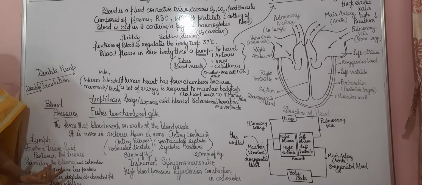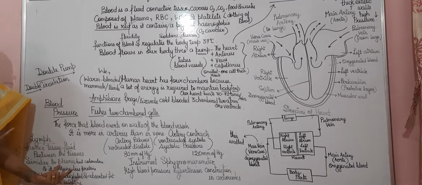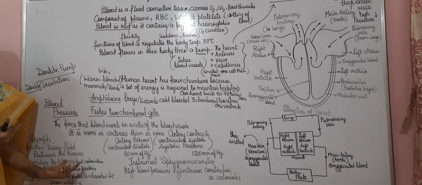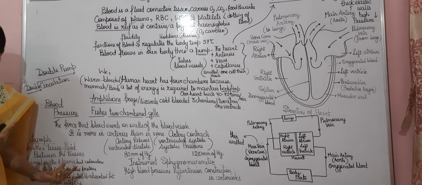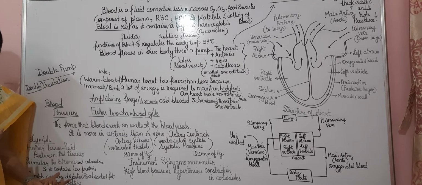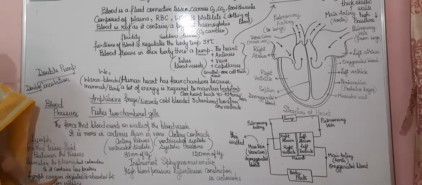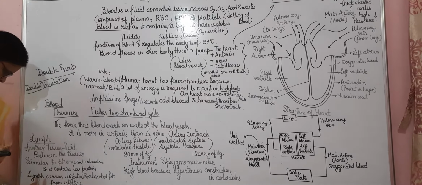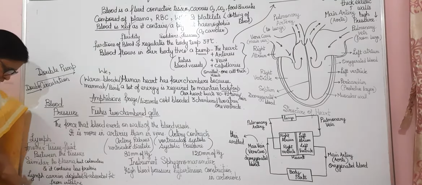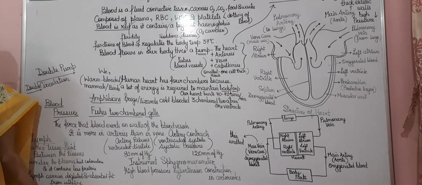It is present between the tissues and it is doing the same work, just as the blood is transporting proteins and fats. In the same way, this lymph also is storing fats. The extra fat from the intestine is stored in the lymph. Okay, so this is how the lymph also carries the digested and absorbed fat from the intestine.